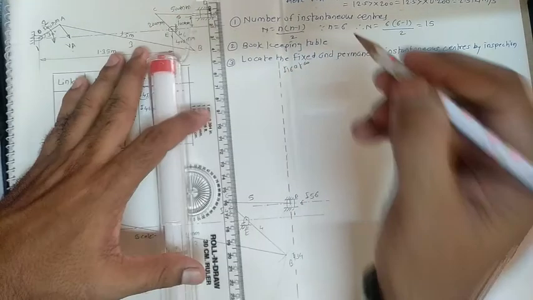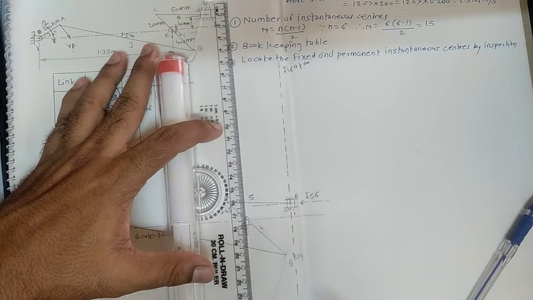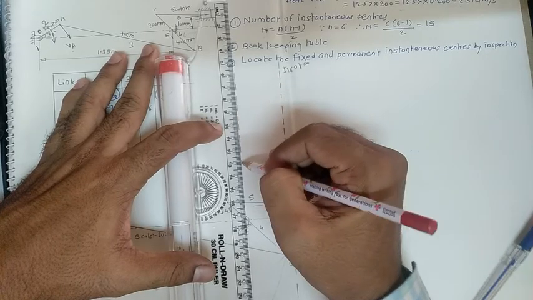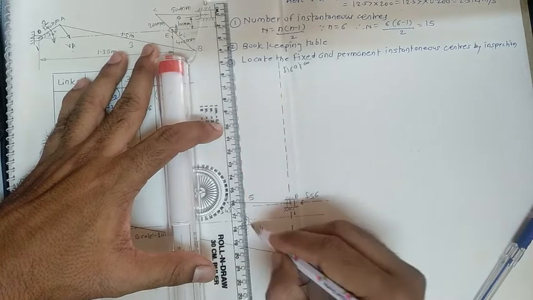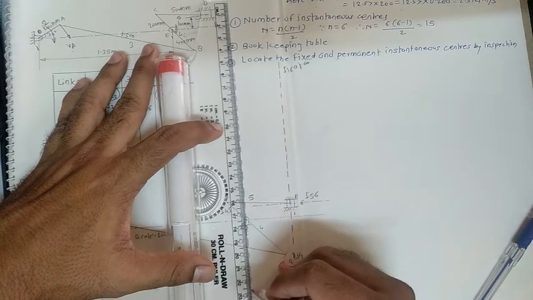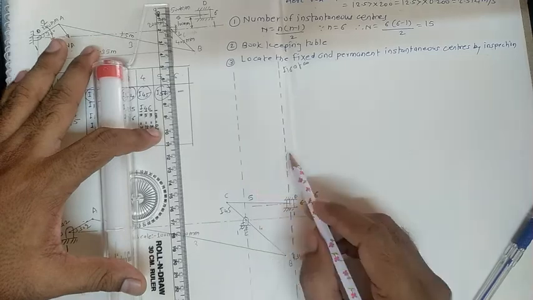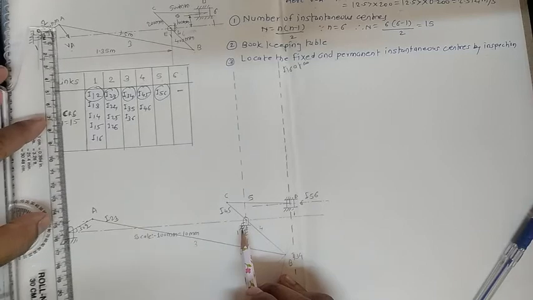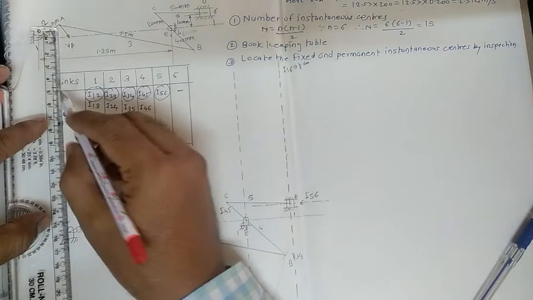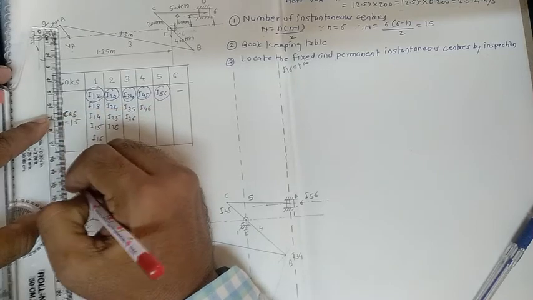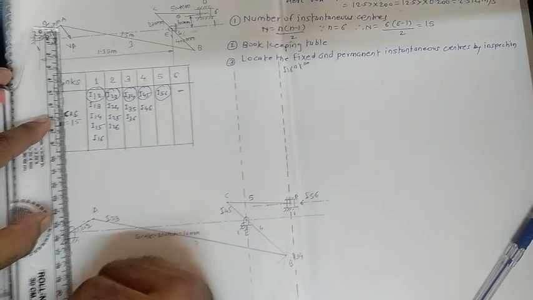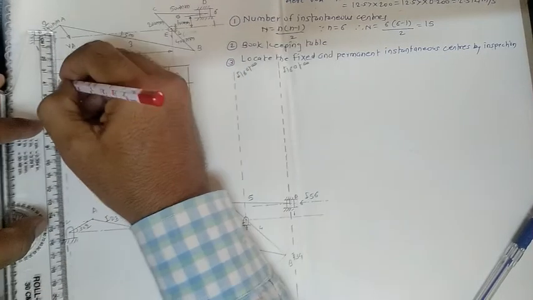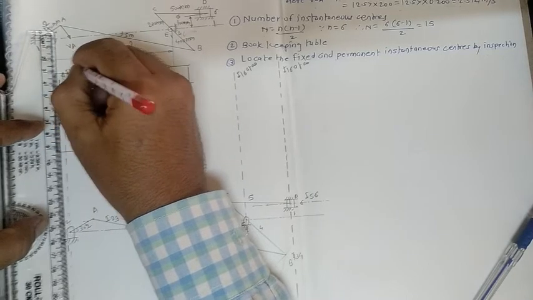Okay, now the same line, just draw this line parallel to this line. Why? Because if the slider comes in the picture of the mechanism, then what are the fixed points available with us in the given mechanism? You should just pass the line parallel to this one through every fixed point. So here is the fixed point. So here is another fixed point with us. From that also pass this line. So this line indicates the I1 6 at infinity. Okay, so give the same name here, I1 6 at infinity, in this way.